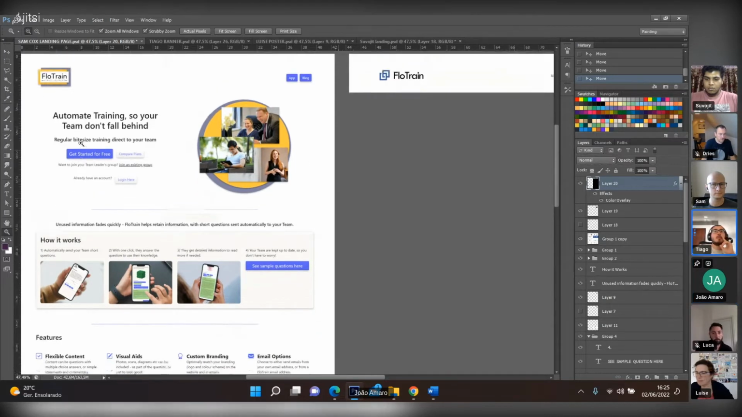I also have a question, João, if you don't mind. How do you know? Because one of the rules is that the logo needs to be eternal. How do you know if in 20 years it will still be a good logo? You don't know exactly, but